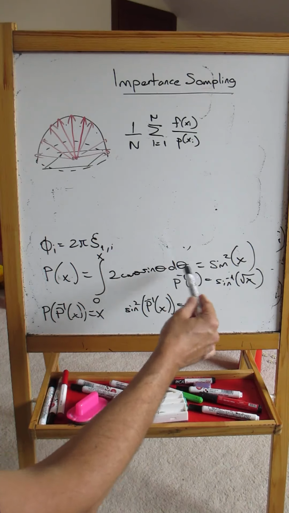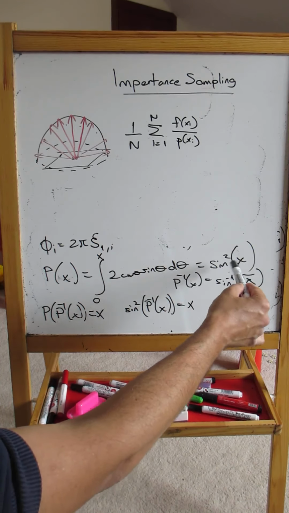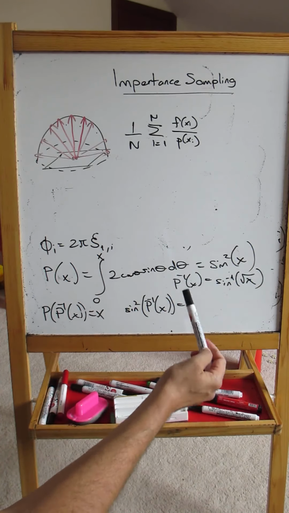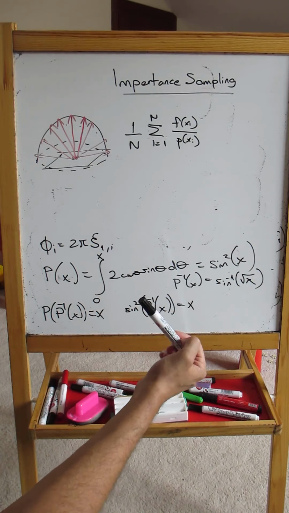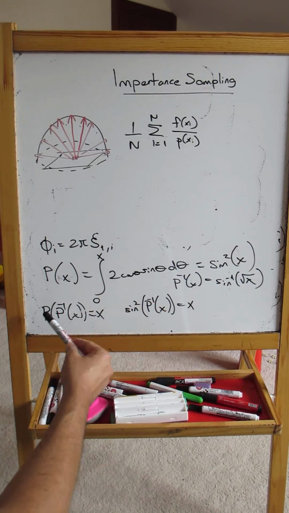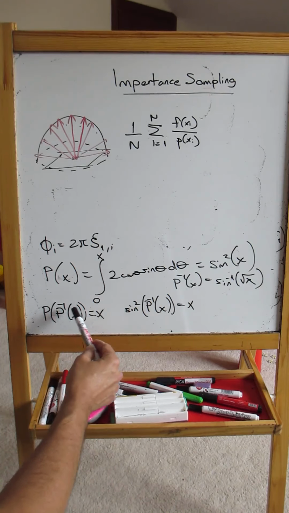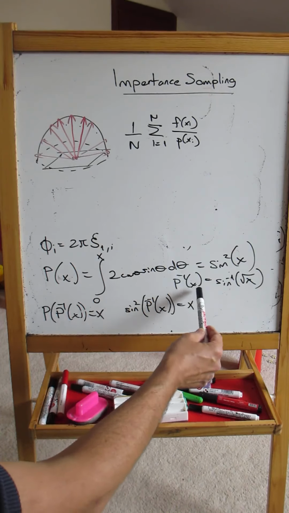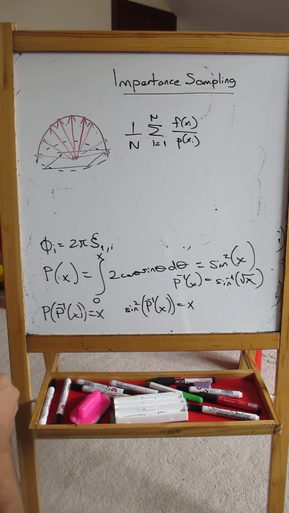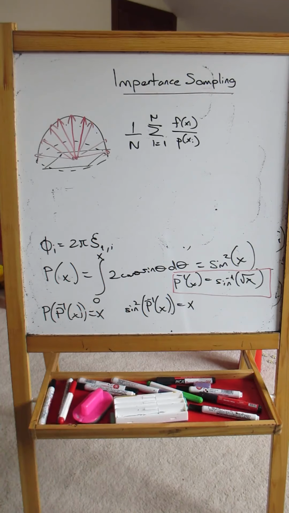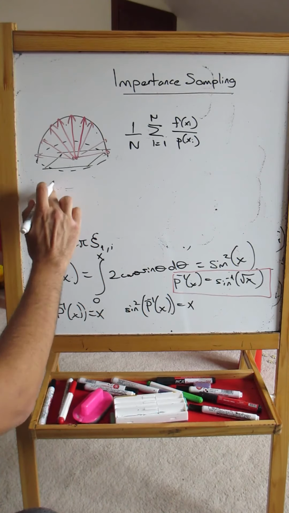Okay, and it turns out that this integral is equal to sin squared x. Then we take the inverse of this. And the inverse of the CDF becomes equal to this. Okay, so this is the inverse CDF, which means that we are going to find our sample value. We are going to find our theta here. Theta i is going to be